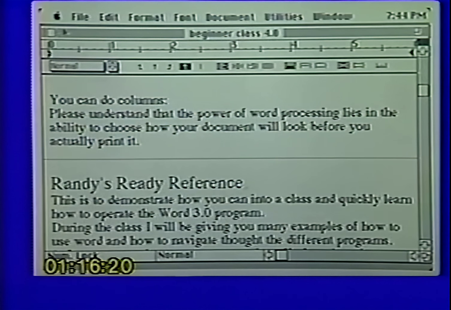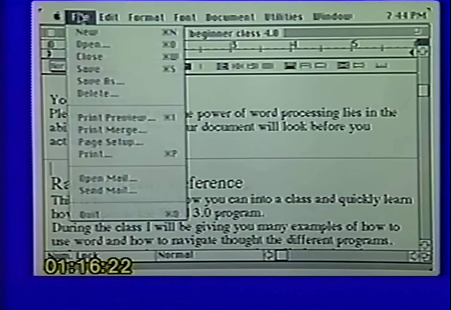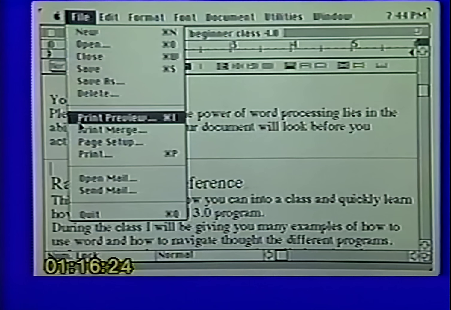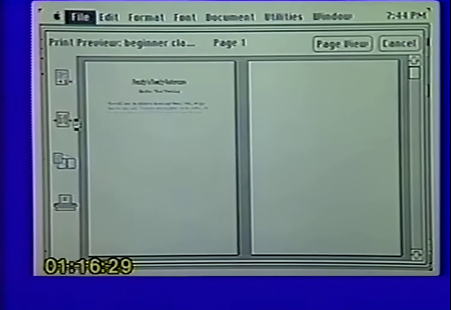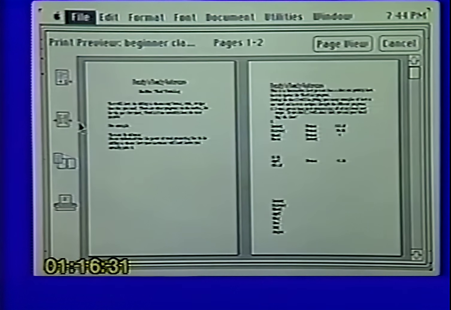All right, now we want to see what our document's going to look like when it's printed, so we come up under File and go down to what is now called Print Preview. And you will notice that there is a nice little thumbnail sketch of what your document's going to look like when it's printed. Now if some of you on the screen suddenly think you went blind and you can't read that, don't worry about it. I can't read it on the computer screen either. It is simply there to give you a thumbnail sketch of what your document is going to look like when you print it. Now you will notice there are 4 icons on the side here to use in Print Preview.